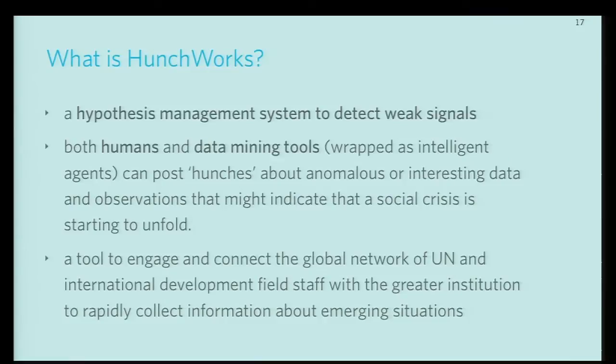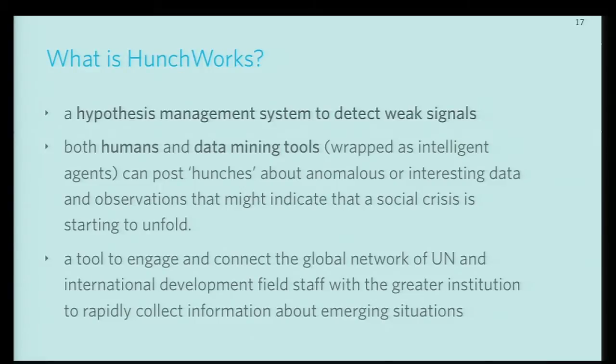HunchWorks is a hypothesis management system to detect weak signals. We aim to combine both human and computational intelligent agents together in a system to use the situational awareness that we have on the ground, to use the big data environment, to use the sensory environment that we're starting to see grow even in developing countries, and to engage the human capacity of the international community to act as a